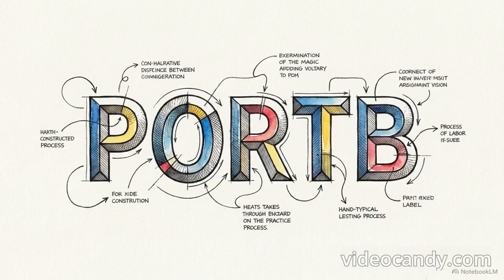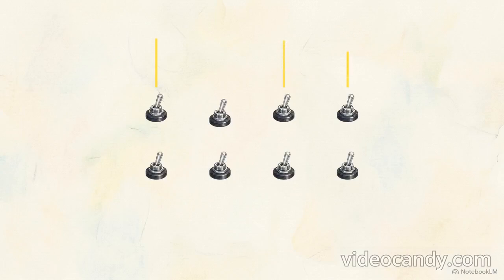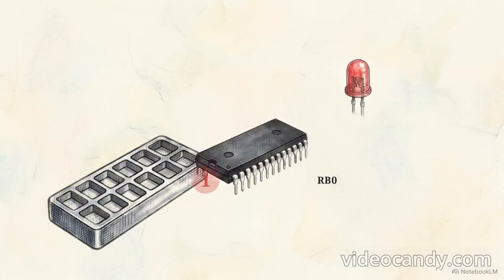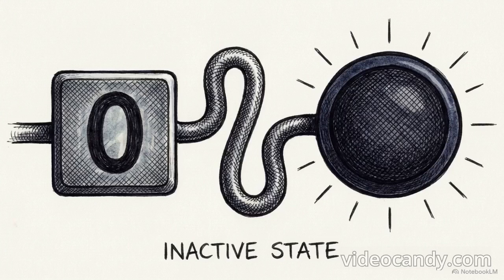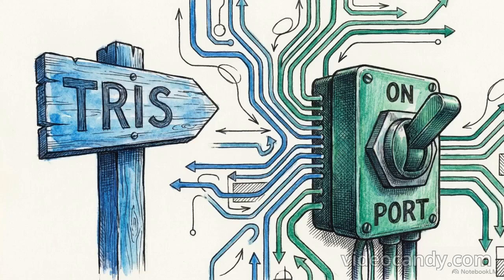With the direction firmly set, we move to the Port B register. If TRIS dictates which way the traffic moves, Port B acts as the switchboard that controls the electrical state, whether a pin sits at high or low voltage. Writing a binary 1 into a specific slot in the Port B register immediately forces 5 volts out of the corresponding physical pin, illuminating the connected LED. Overwriting that same slot with a binary 0 cuts the voltage, turning the LED off. By separating the data direction in TRIS from the electrical state in PORT, the architecture provides engineers with deterministic control